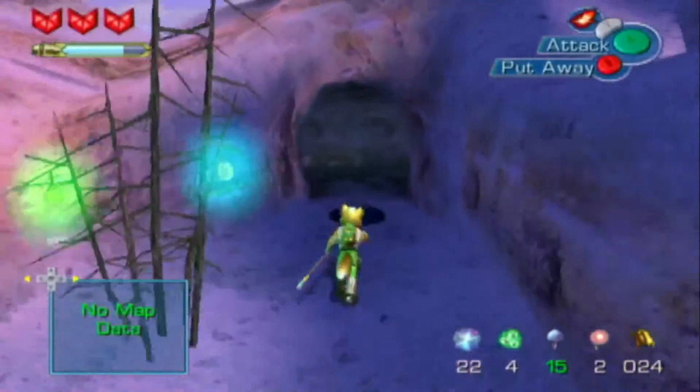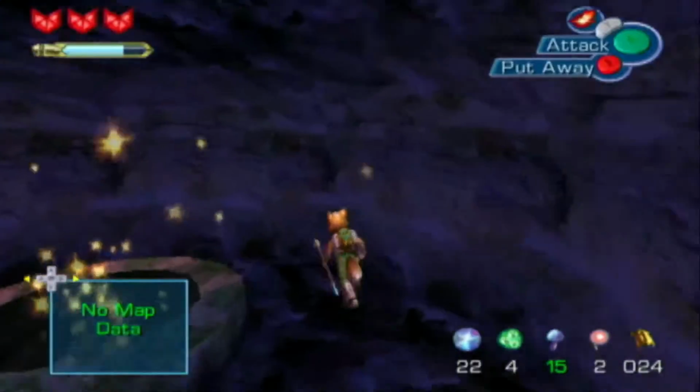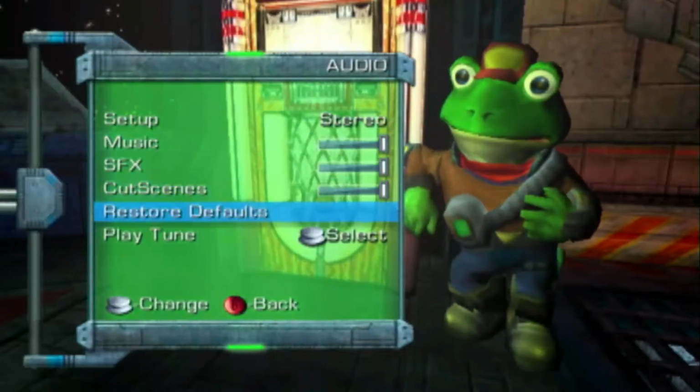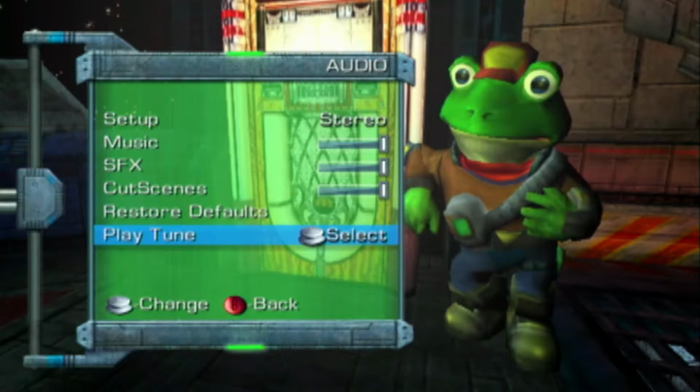The second token can be found in Ice Mountain, which allows you to play Slippy's Jukebox, or, in other words, change the main menu theme to whatever game soundtrack you want, such as...